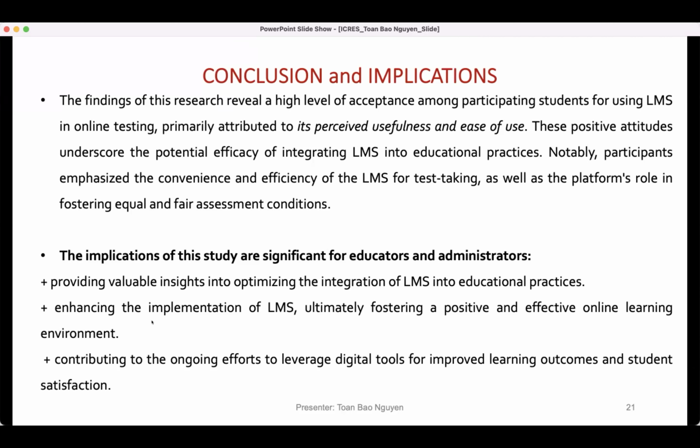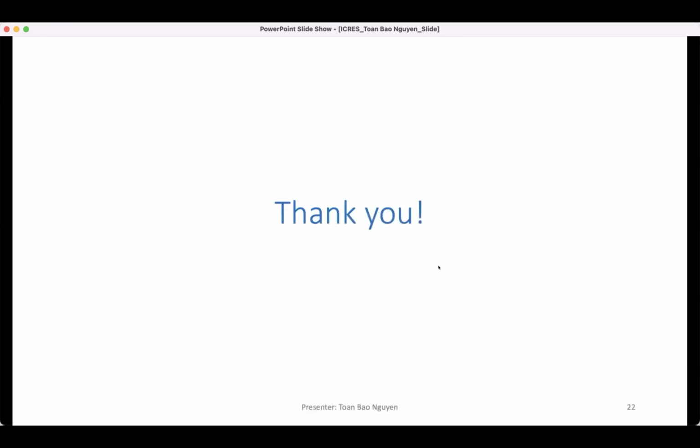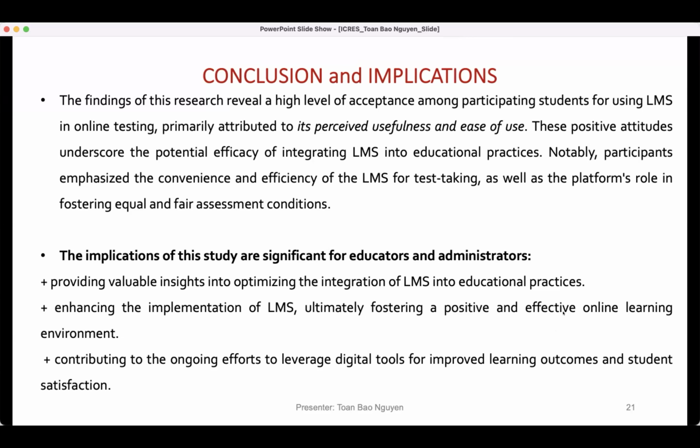Therefore, the implications of this study are significant for educators and administrators. Firstly, it provides valuable insight into optimizing the integration of practice, and it enhances the implementation of MS, ultimately fostering a positive and effective online learning environment. And the last one is making efforts to leverage digital tools for improved learning outcomes and student